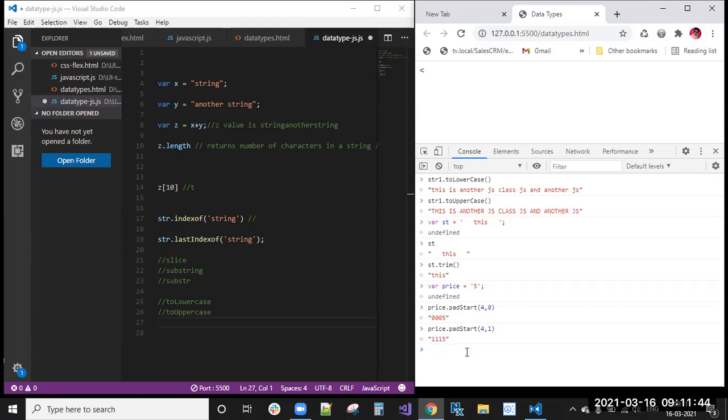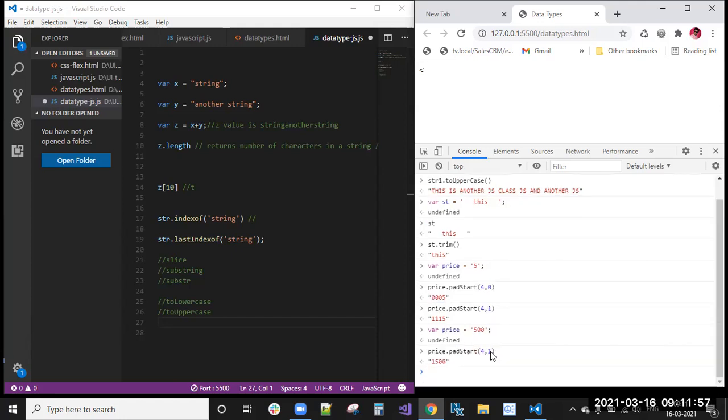Okay, if it is the given string 500 only, now we will again run this. Okay, 4 comma 1. Then 4 letters. In the given 4 letters, if the character length is not supported, here it is only 3 letters, right?